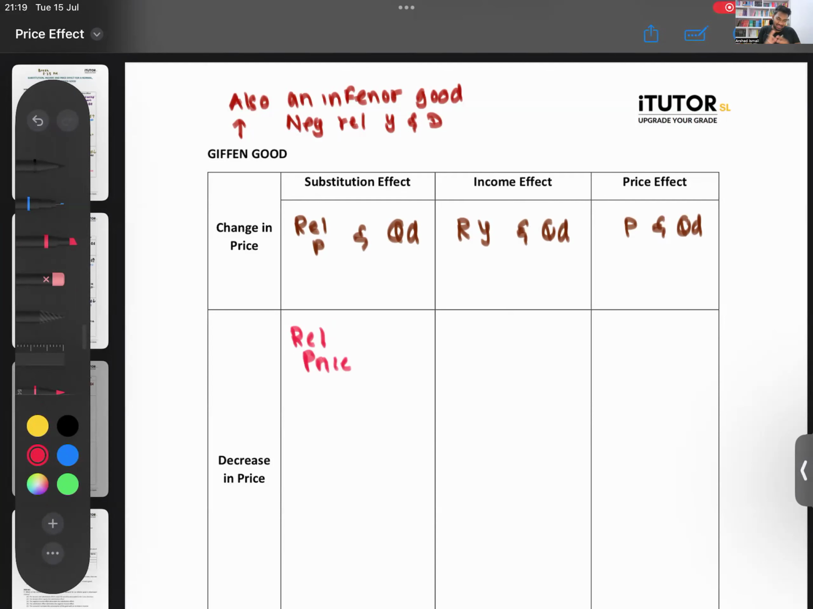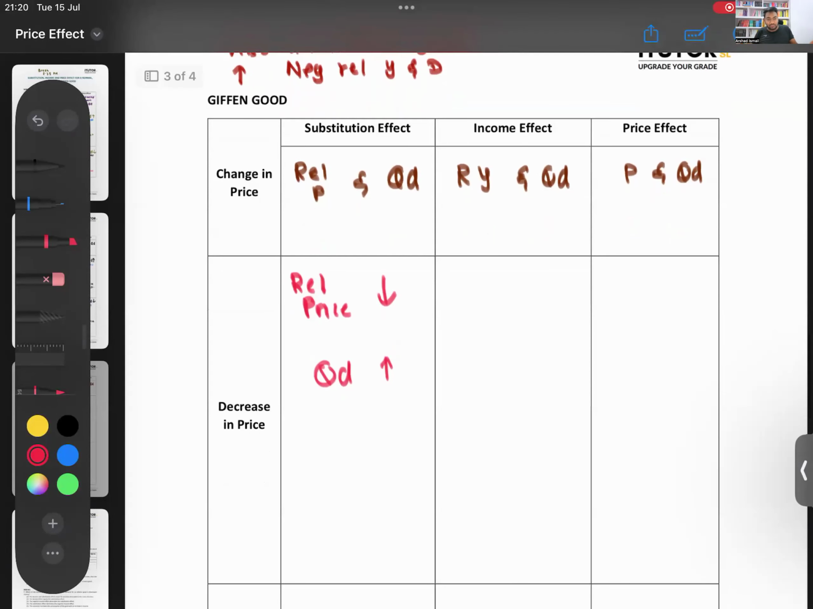Something essential. No, come on, we'll take rice. Right? So if the price of rice reduces, Lamai, the relative price of it will come down. It becomes cheaper than the others. So as a result, what will happen then to QD? If this certain brand of rice price has gone down, it's relatively cheaper, more people will come and buy. So QD will increase. Meaning substitution effect is